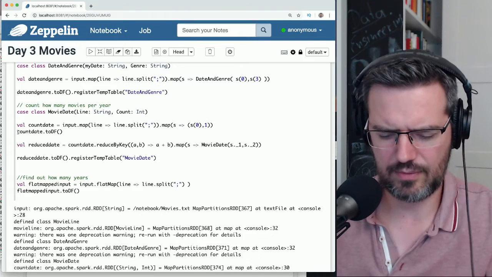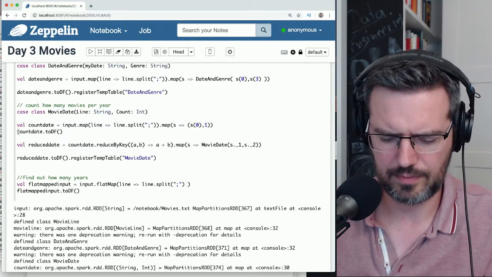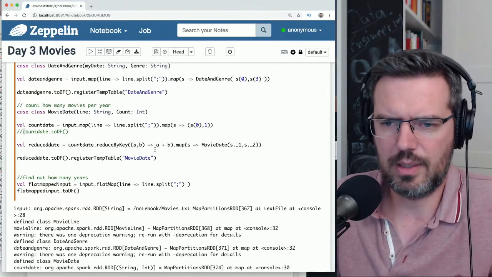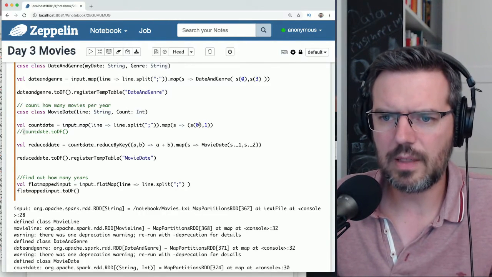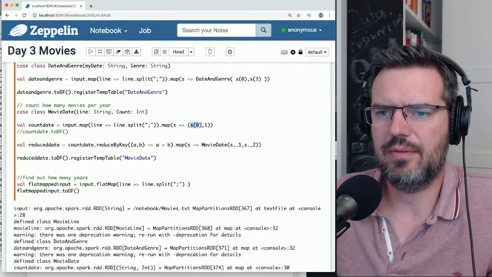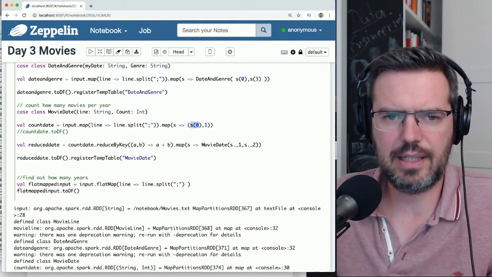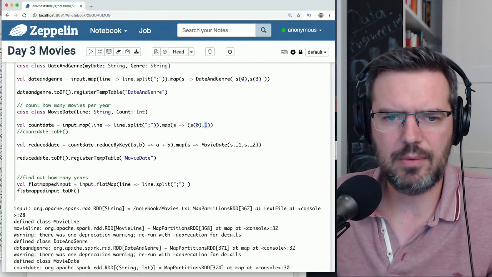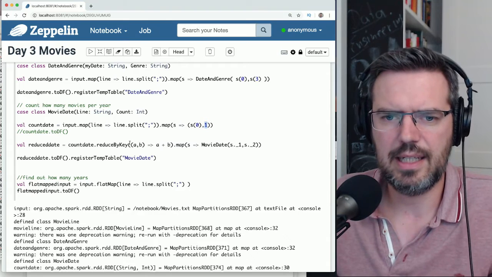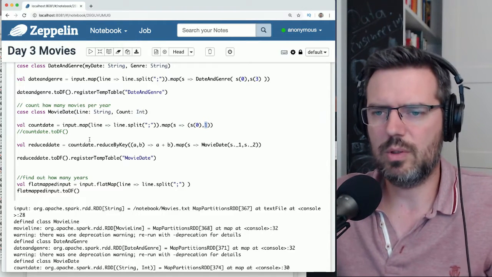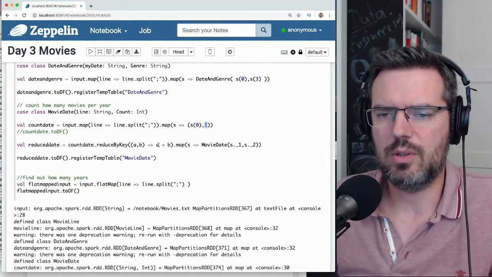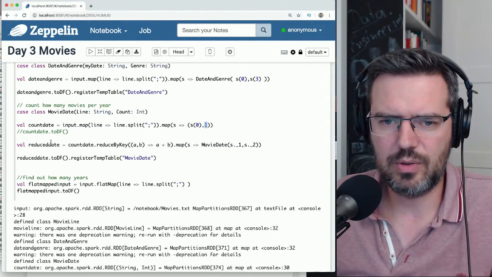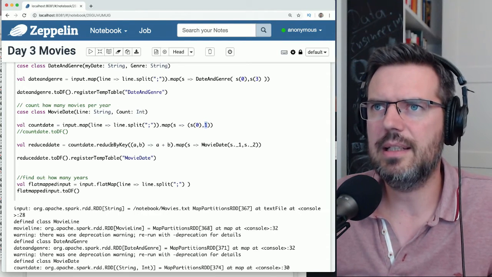Yeah, let's forget about this for now. Let's not get bogged down by this. So what I want to show you is what we have done: we have now connected the year and a single integer, a 1. So every time we see 1982, it has a 1 in it. And the next step is you want to reduce it, by adding those together. So what you're doing here is reducing by a key.